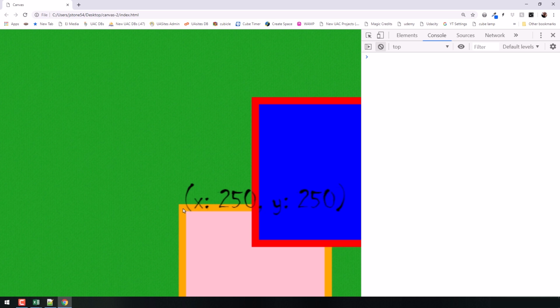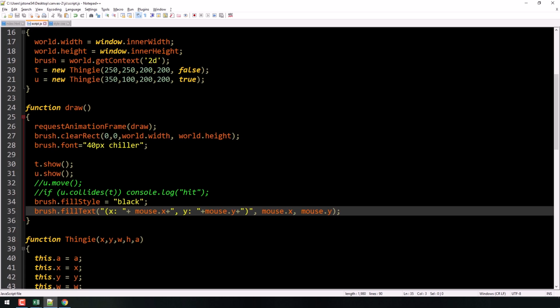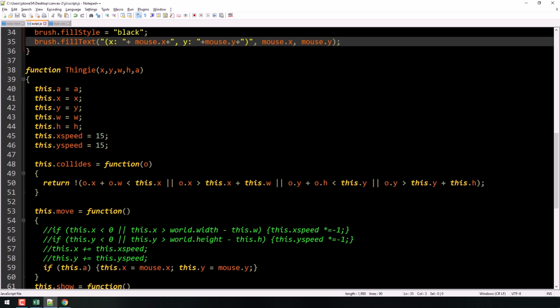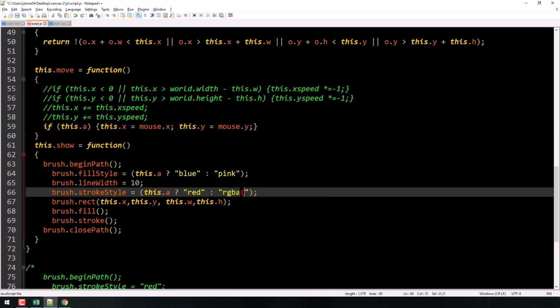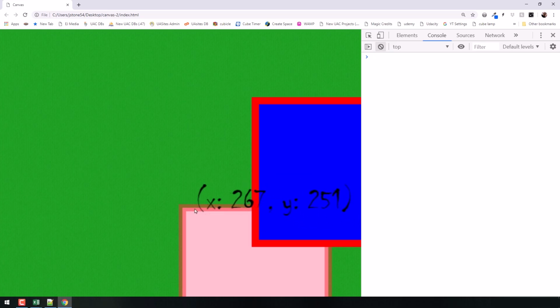I'm holding my mouse right now, and you'll see that that is dead center between the actual box and the edge of the border. And if we make that orange transparent, watch this. So let's just make that orange RGBA, red 255, green 50, blue 50, and about 0.5 transparency there. You can actually see now, look at the border. That border is translucent, and so you can see the pink behind the border there. That pink is coming from that box right here. So the corner of the box is still right there.